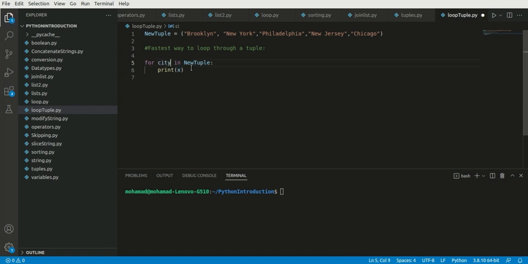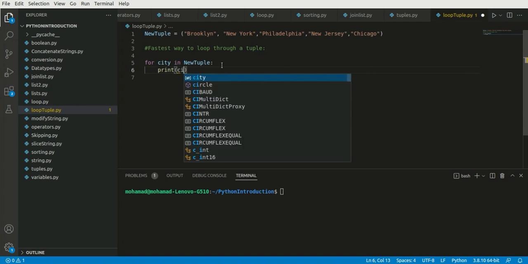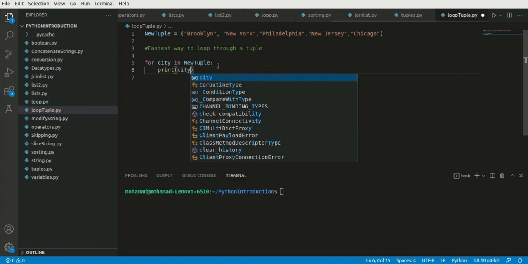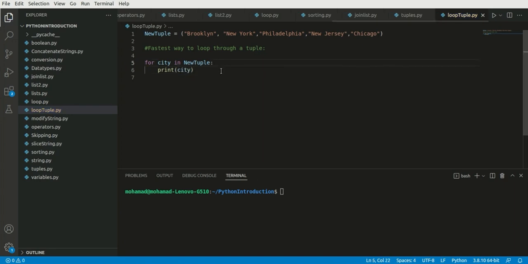You can also write for i in range length of the new tuple, and then print new tuple i. But here let's try this one and run it with Python